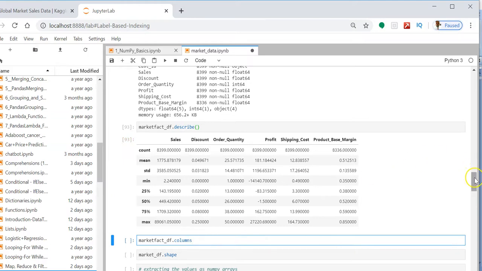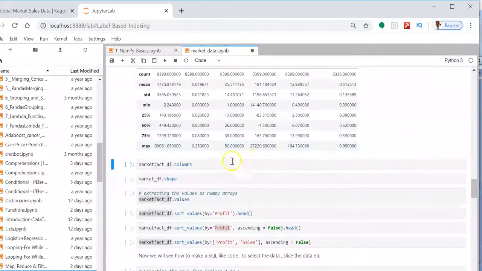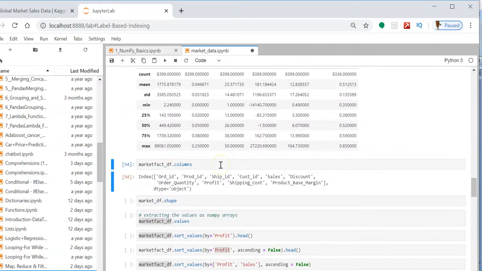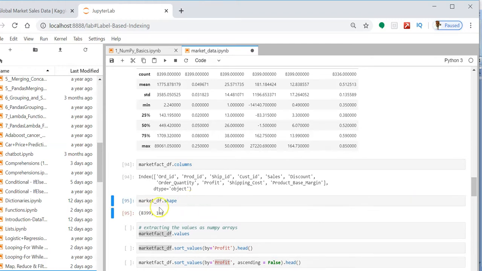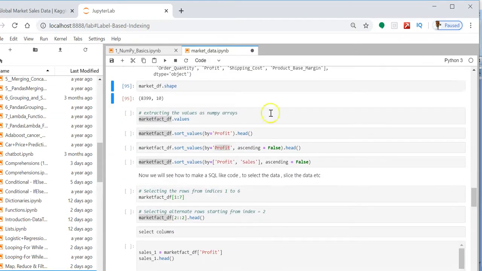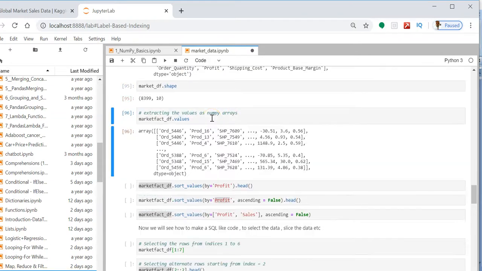If you want to know the column names, you can make use of the columns attribute. These are my columns. If you want to get the shape, meaning how many rows and how many columns, you can use the shape attribute. If you want to extract the values, they will be extracted as a numpy array.